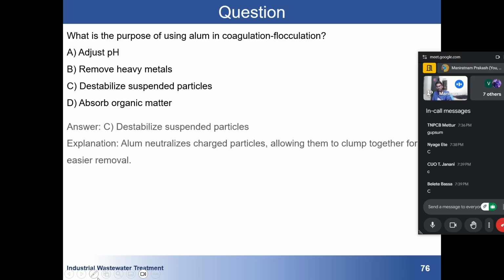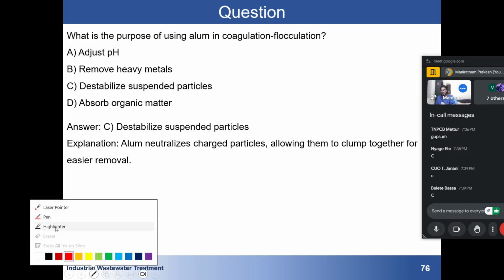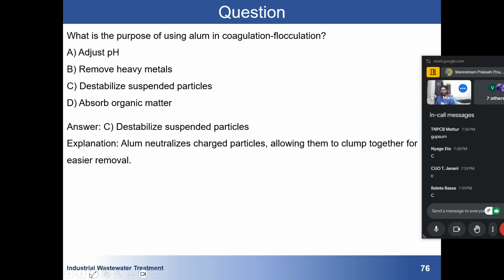Yes, the correct answer is C. That is destabilize. Alum neutralizes the charge of particles, allowing them to clump together for easy removal. Okay, na? So generally the concept is this: first there will be settle, it will be passing through